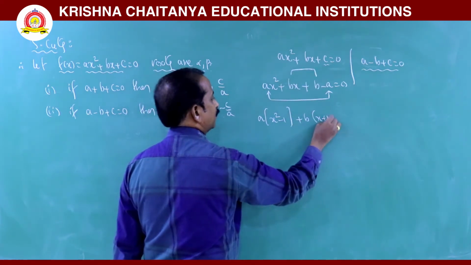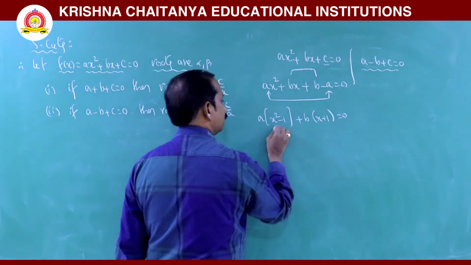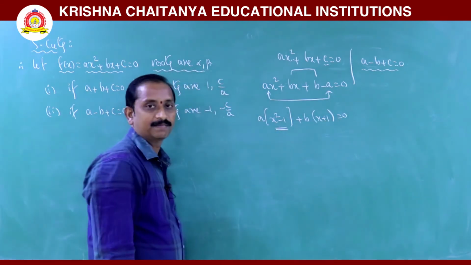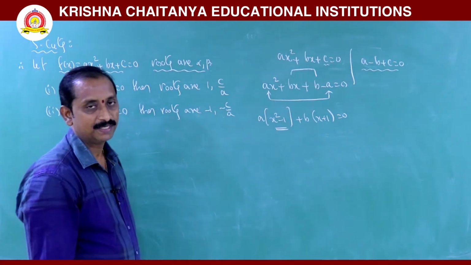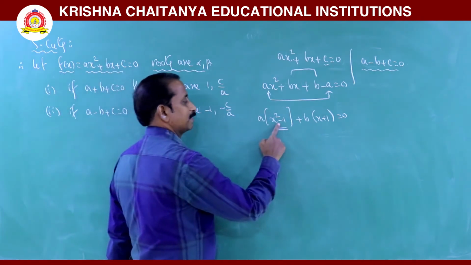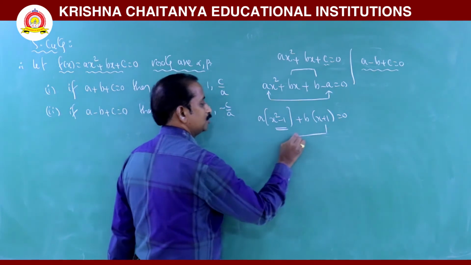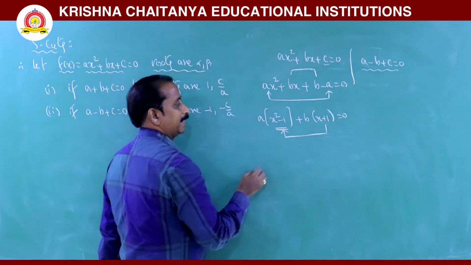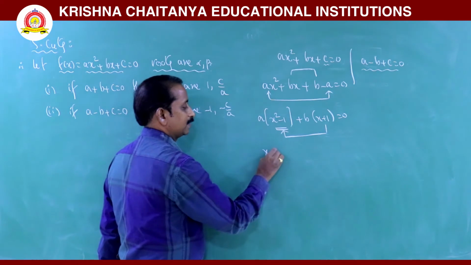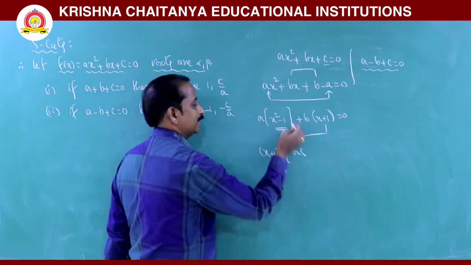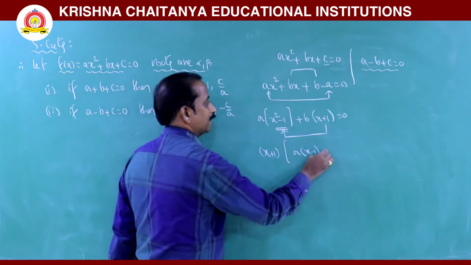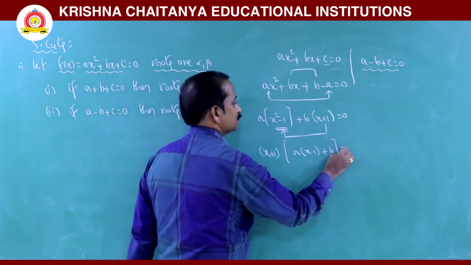Then x plus 1 is equal to 0. And now it is in the form a square minus b square. We can write (a plus b) into (a minus b), meaning (x minus 1) into (x plus 1), and from these two terms there is a common x plus 1. When x plus 1 is common, then what is remaining? A times (x minus 1) is our remaining term, plus b is equal to 0.